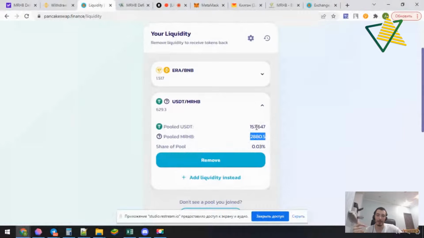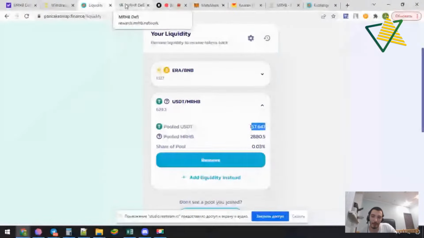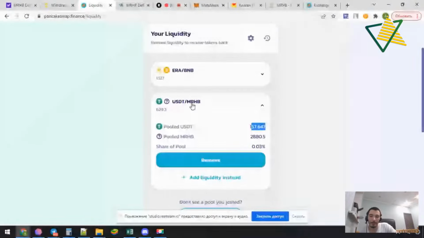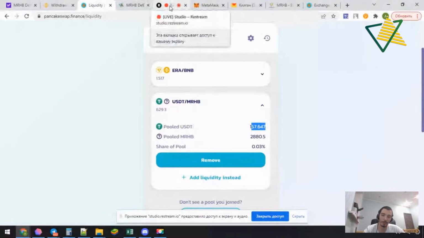But besides this, we also earn the fees from the transactions and added to these numbers. Later I will show you the life hack how to track your LP tokens when your LP tokens are frozen on the reward side.